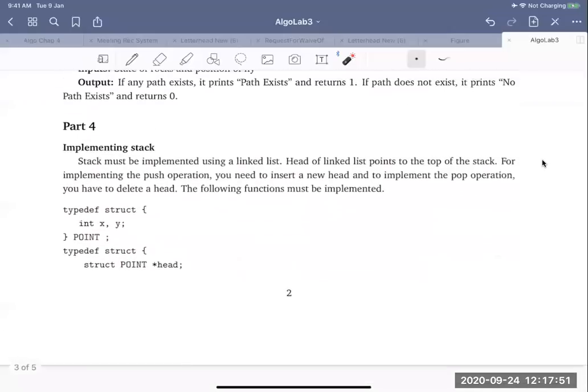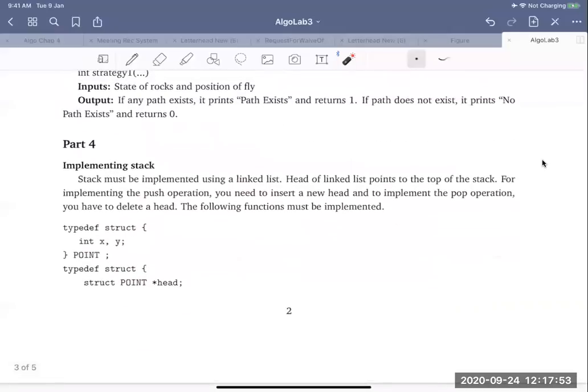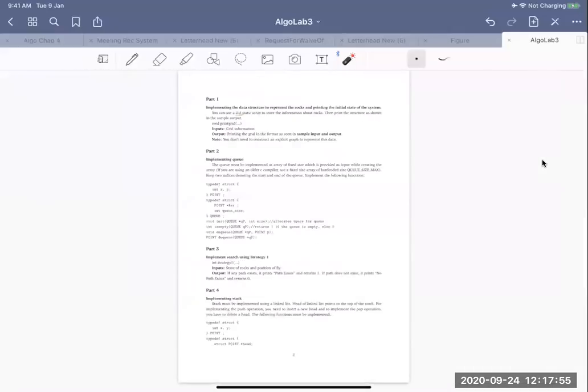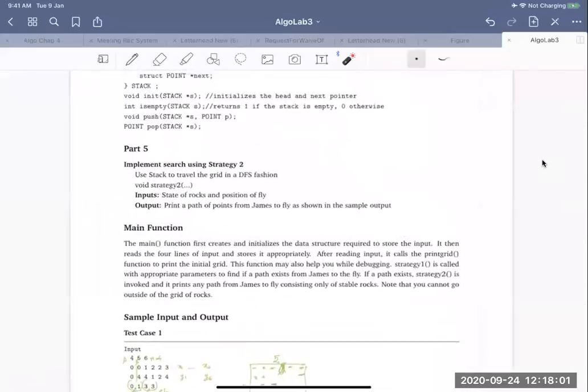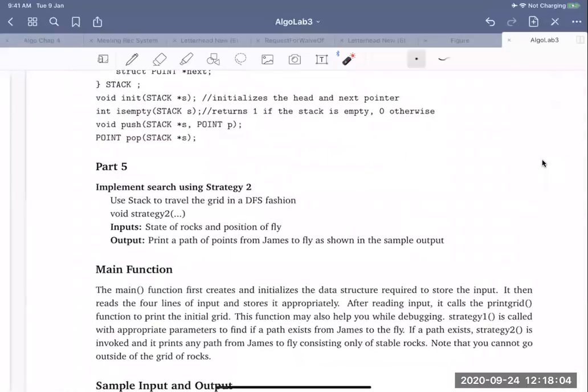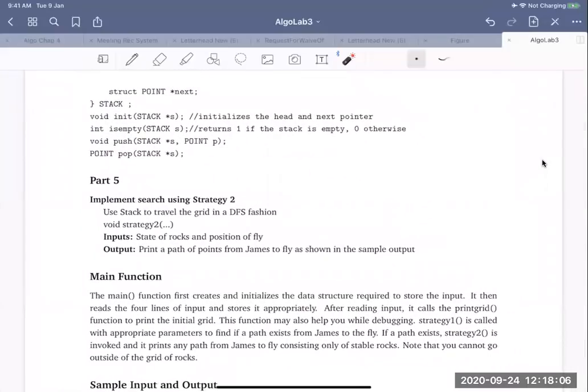Then you have to define your stack. You have the pointer to the head of type point, and the next. So you have the top of the stack and the next. What's the top and what is the next?